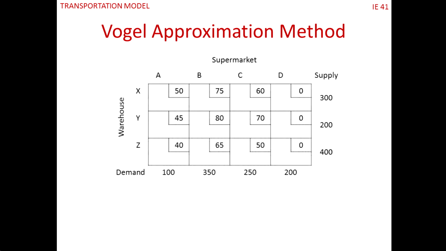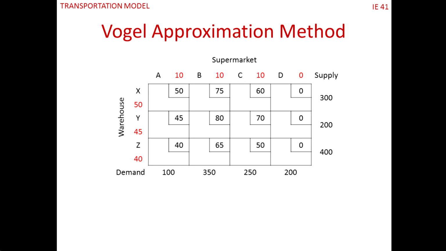The penalty for the row of warehouse X is taken to be the smallest cost, 0, subtracted from the next smallest cost, 50. The resulting penalty would then be 50. If we do this for all the rows and columns, we can see that the largest penalty comes from the row of warehouse X. We then allocate as much as possible to the element in warehouse X with the least